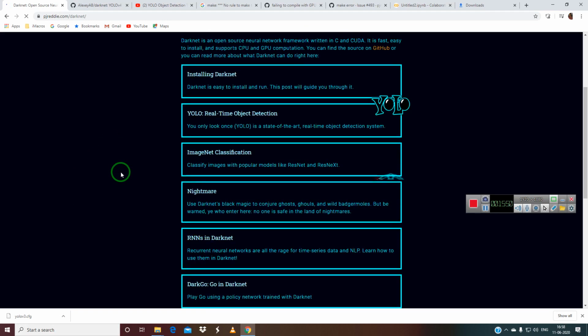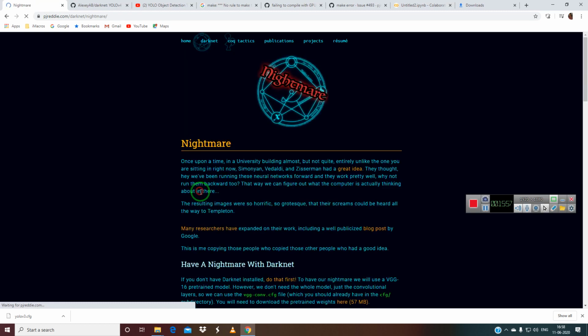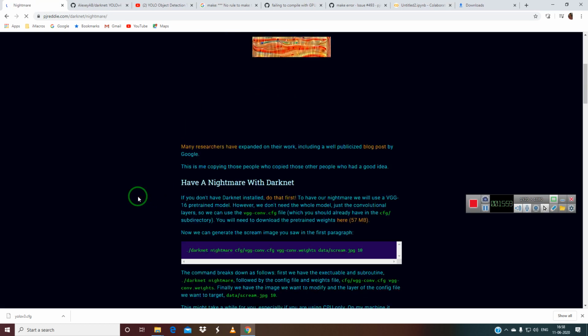So installing darknet, this is for image classification. You can also do it for image classification. So we'll go for nightmare.